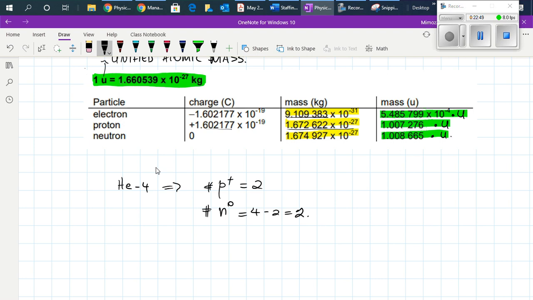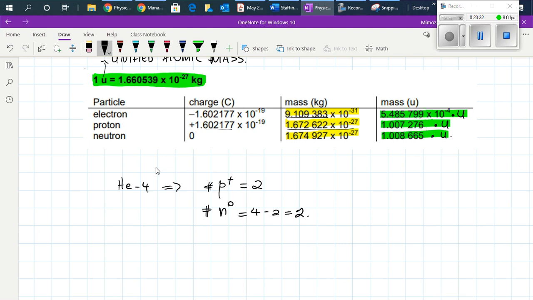So if we have 2 protons and 2 neutrons together but not connected, not bound into the nucleus of helium, but as 4 separate particles,